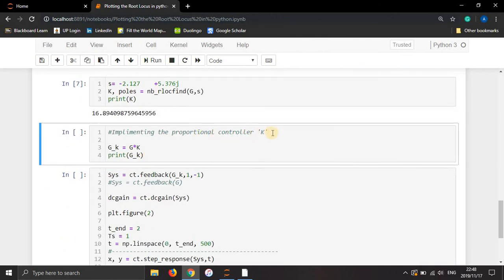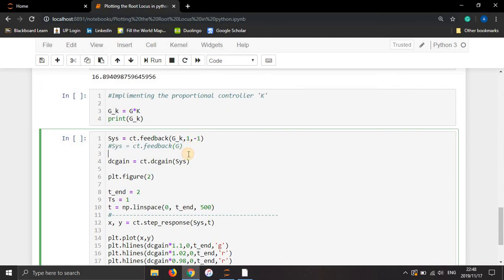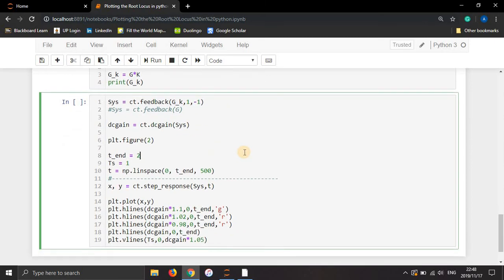Now, implementing the proportional controller, we're going to multiply our G with this K that we've just found, and that's going to give us GK. That's our compensated system. Now, to plot the unit step response of that, we give it feedback, because remember we always plot the closed loop transfer function of the system, and that's going to